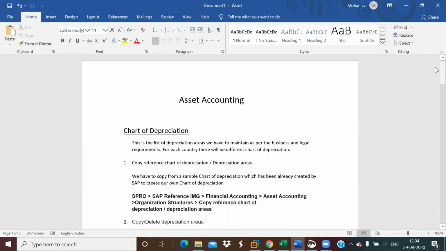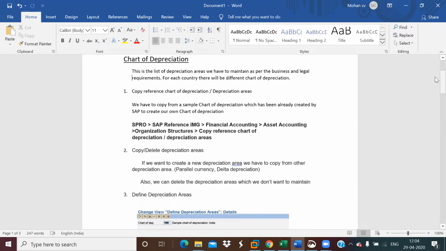So first thing we have to do is copy the reference chart of depreciation or depreciation areas. That is, we copy from a sample chart of depreciation to create our own chart of depreciation. And after that, from the sample, we delete the depreciation areas which we don't want. We can also create a depreciation area, for example if you are maintaining any parallel currency.